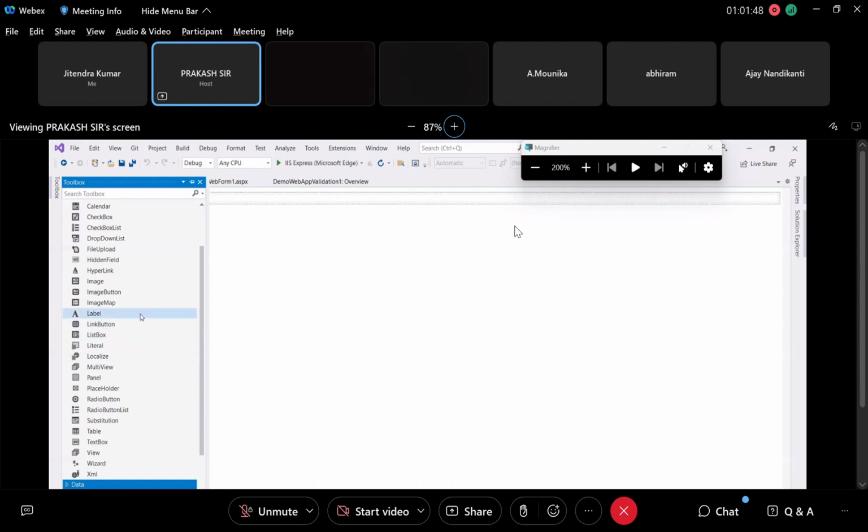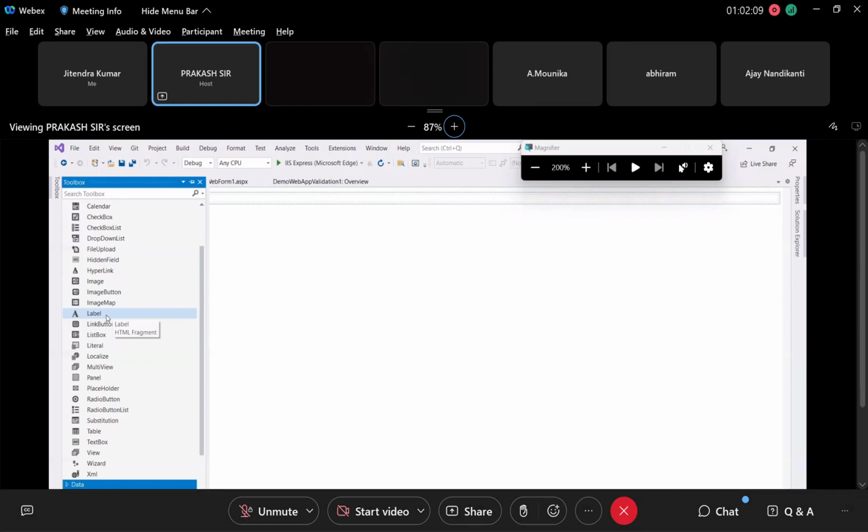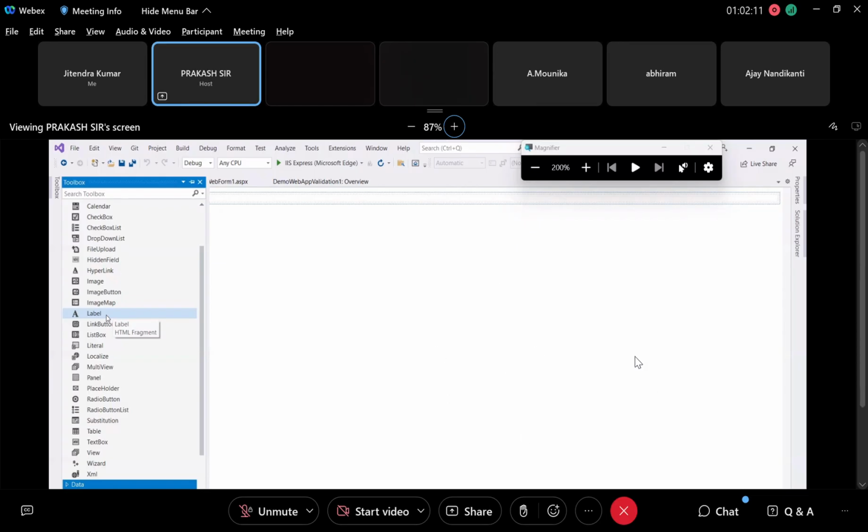Image map is not done. Image map means if you want to split the image virtually into multiple parts, you can go for image map control. Like left side, if you click, we have 2 images. If you click on left, sorry, 1 image. If you click on left side of the image, you want to do some action. If you click on right side of the image,